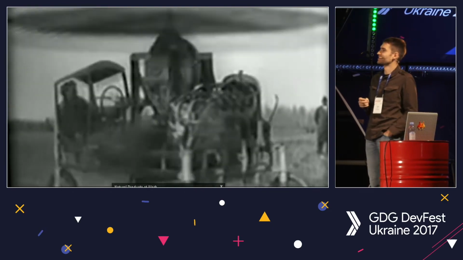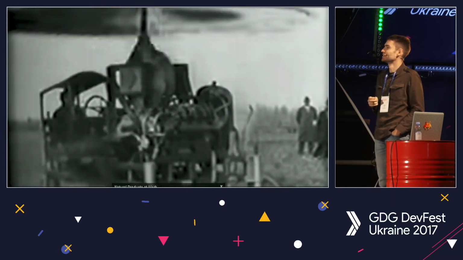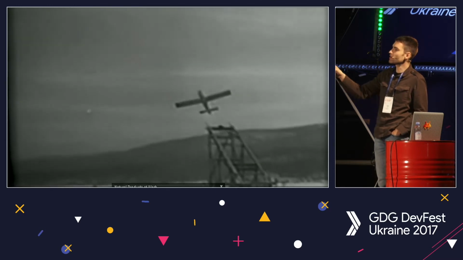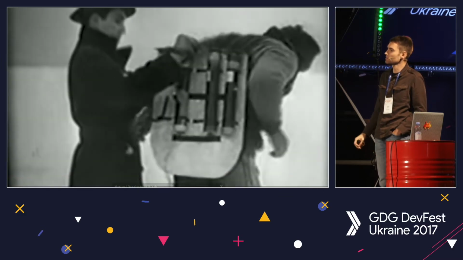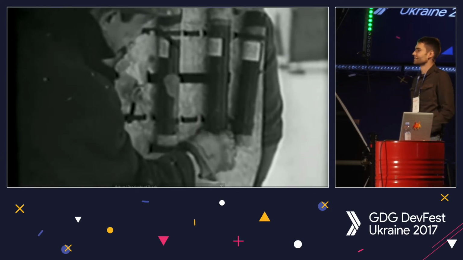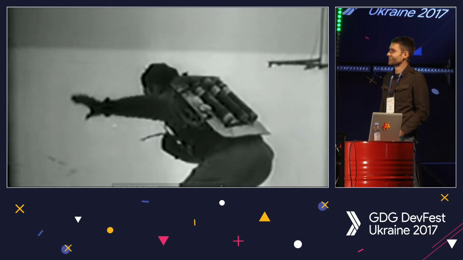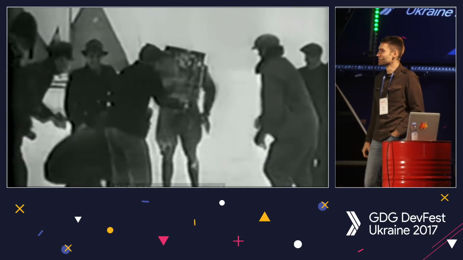I like this one. That's Java applets. No, that's Flash. It almost did it. It was definitely flying for some time, and now Java applets. I love this one. That's it.